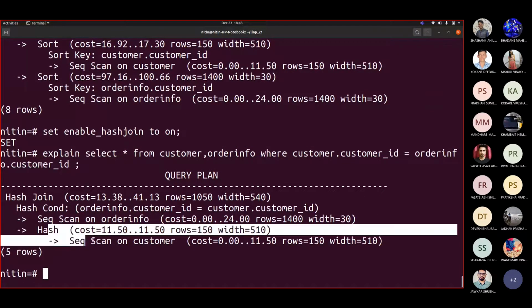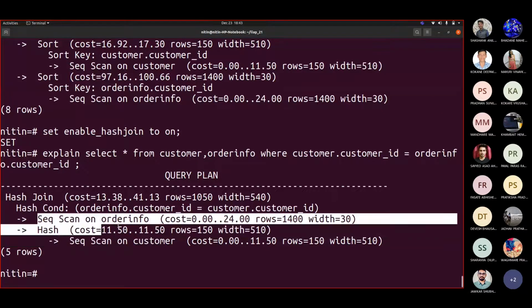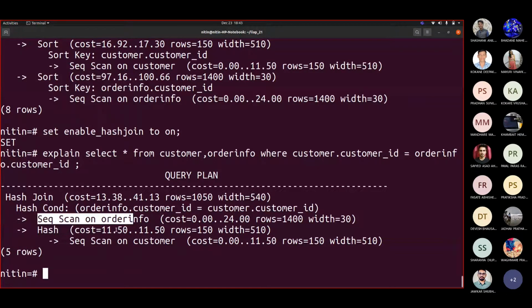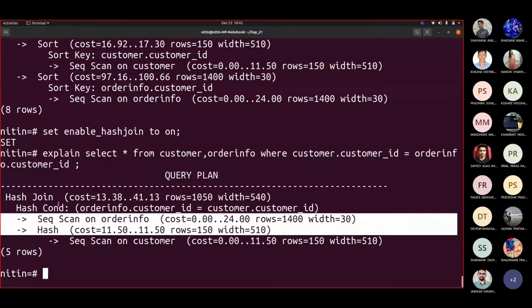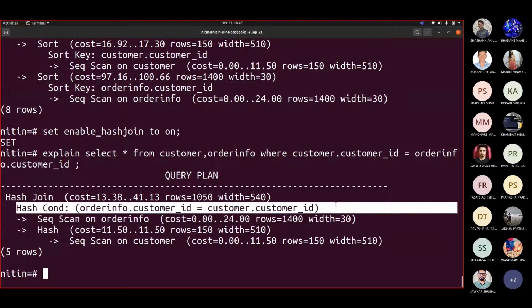You can see that hash was done on this customer when a sequential scan was taken for this. The hash earlier and order info are taken together by considering this hash condition. And if you recall how I wrote the condition, customer ID equal to order info dot customer ID. Now which one would be better for me? There are 15 customers, but in order info, I have only 4 orders. So I have a limited set of customers. So sorting would be this. This is how my hash condition would be effective if I rewrite the condition like this.